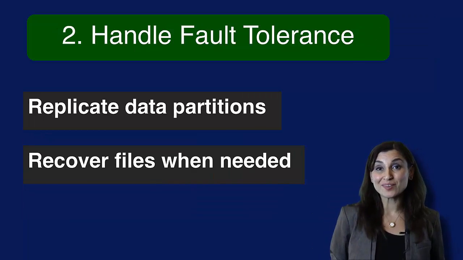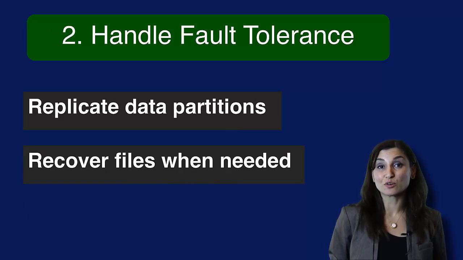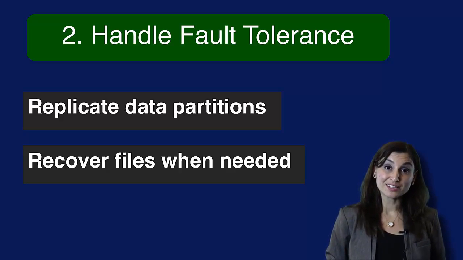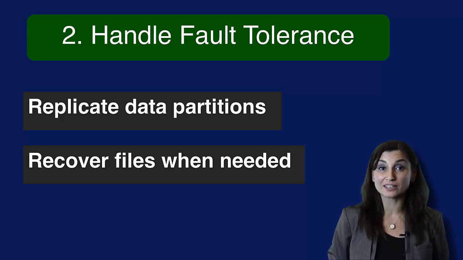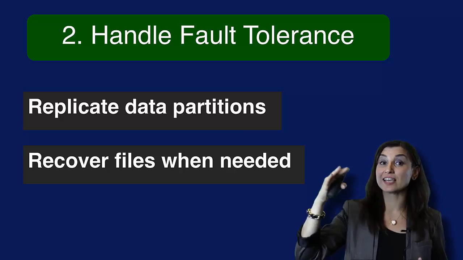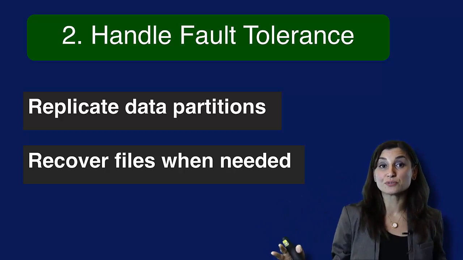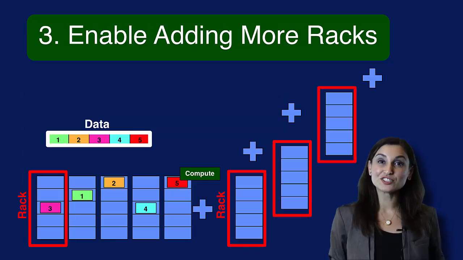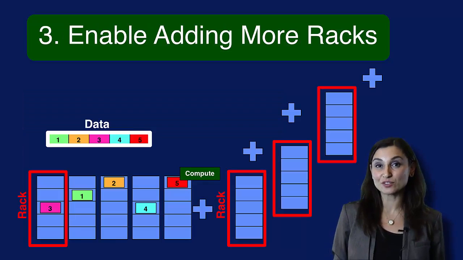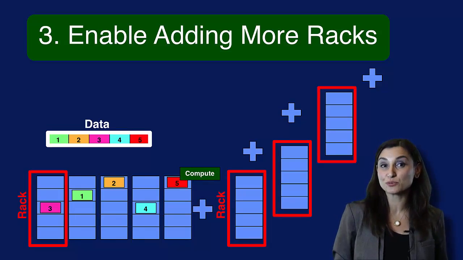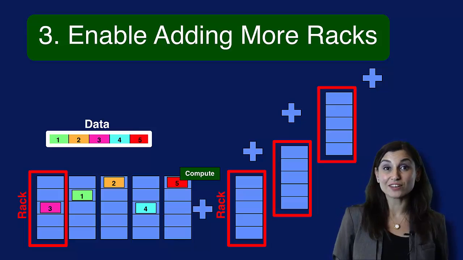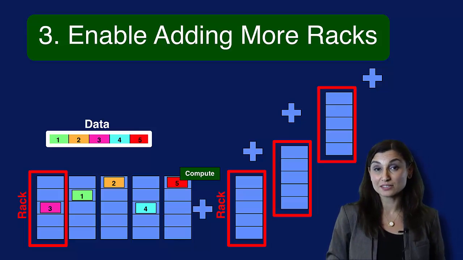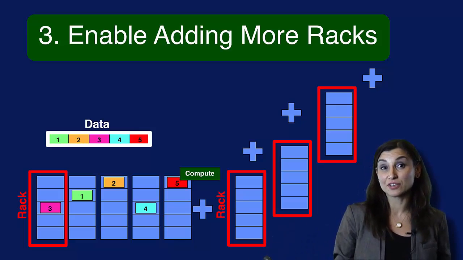It should also enable reliability of the computing and fault tolerance from failures. This means it should enable programmable replications and recovery of files when needed. It should be easily scalable to distributed nodes where the data gets produced. It should also enable adding new resources to take advantage of distributed computers and scale to more or faster data without losing performance. This is called scaling out if needed.